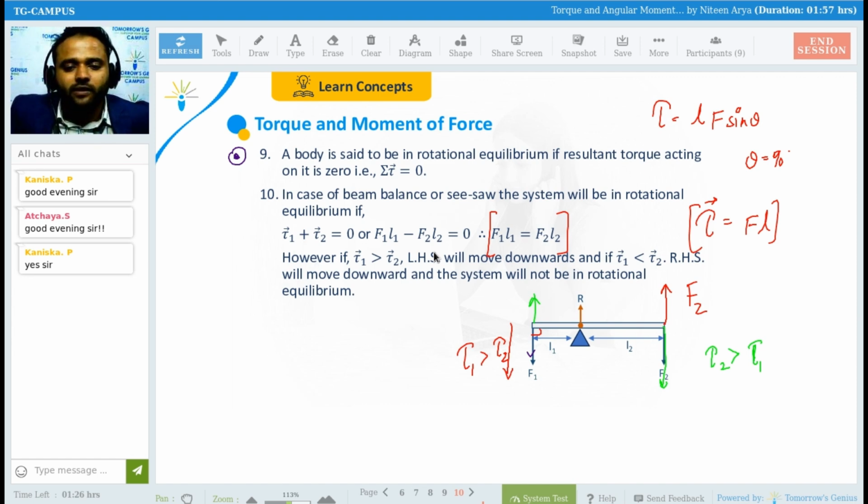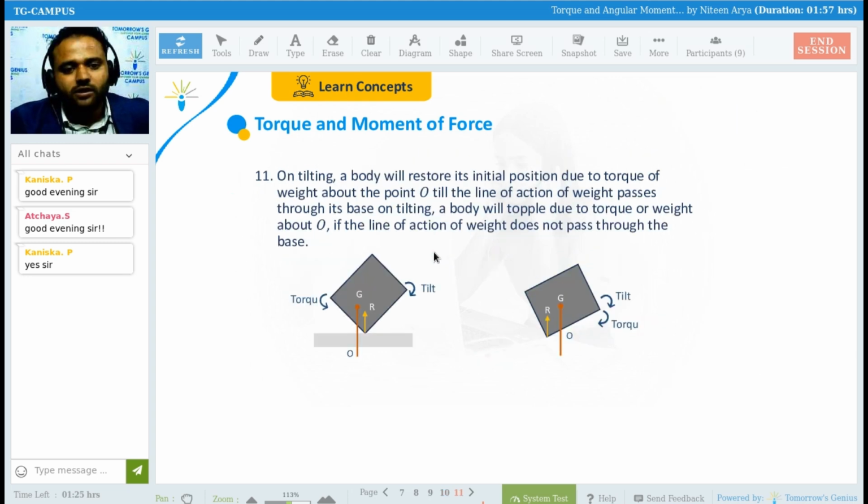And this condition is going to be fulfilled: F1 L1 equals F2 L2. So that is also an important aspect. Is this clear? Good. So now, on rotating or tilting a body,